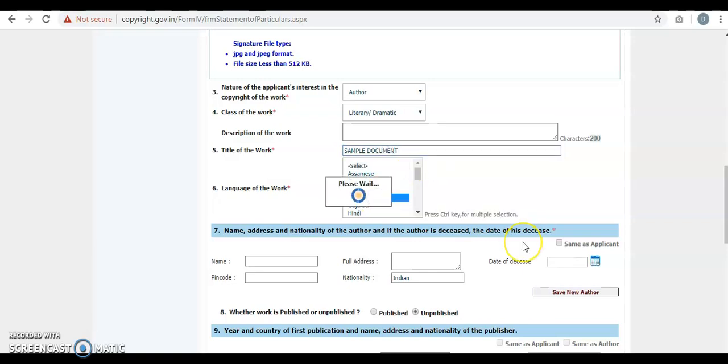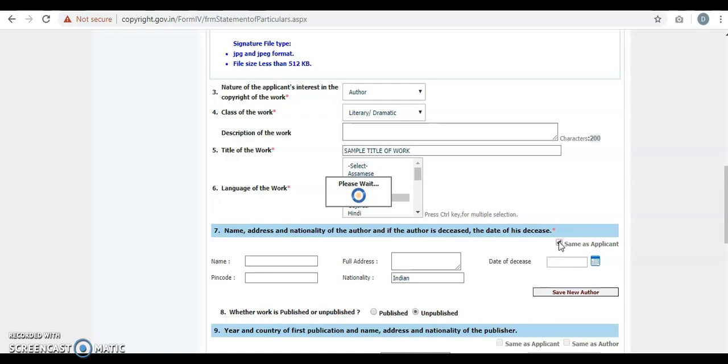Select the language. This is a sample document, the sample title of your work. You have to write the actual title of the work. Next is the name, address and nationality of the author, and if the author is deceased, the date of death.